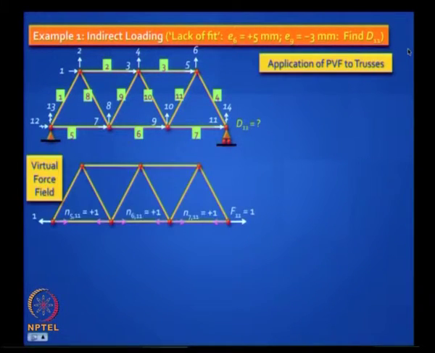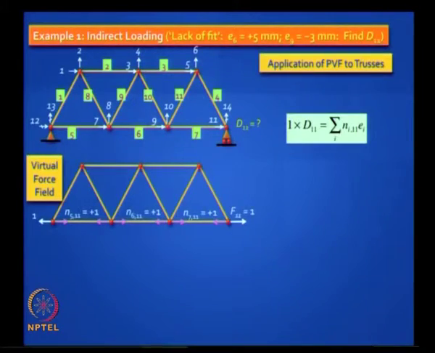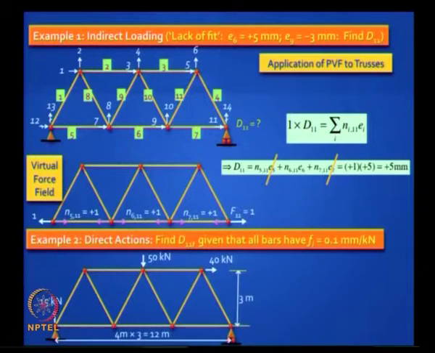Apply a unit load exactly there, analyze the system. When you analyze it, you will quickly realize that if you put a unit load there, you will get a unit force in the bottom 3 bars, you will not get it elsewhere. So, it is very easy to analyze, and you invoke the formula 1 into D11 is equal to the total internal work. The internal work relates to only the bottom 3 bars because all the other bars do not have any force, and actually it works out to the sum of the elongations in those 3 bars. It makes sense, that is how the roller support will move, very easy to calculate.